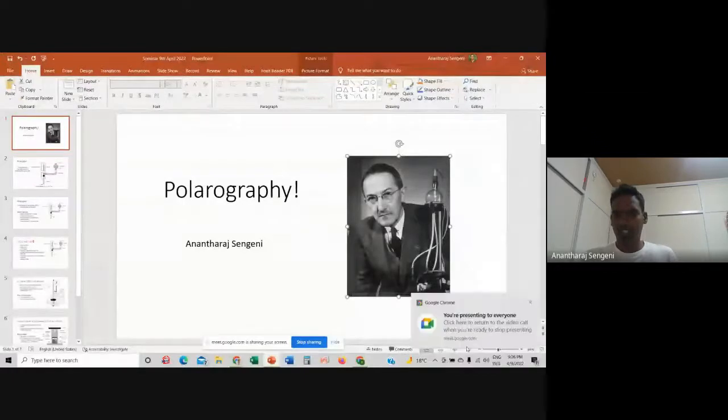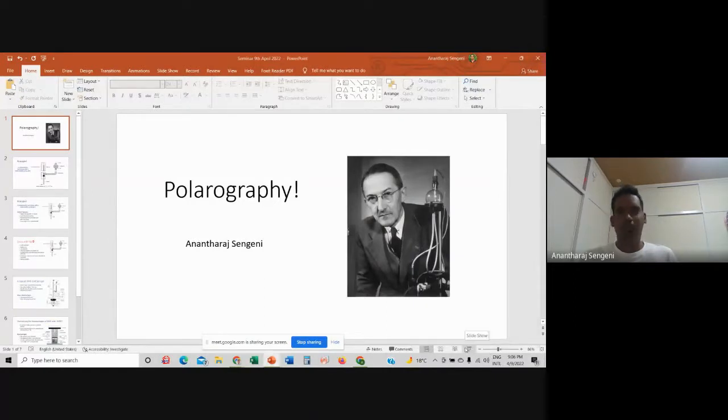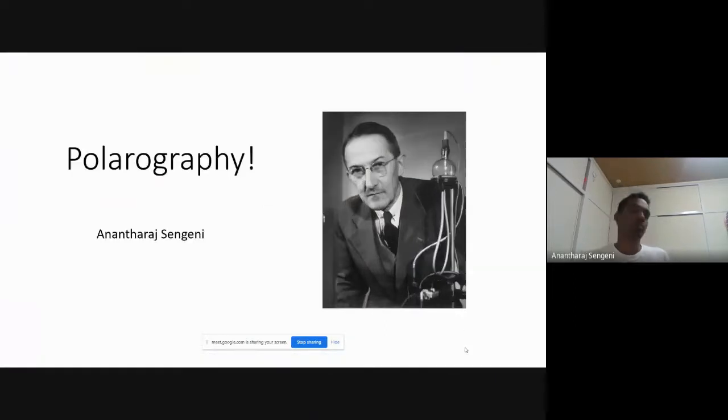And in today's technical session, we'll be seeing the fundamental concepts of polarography. We'll build on the concepts of polarography and how it differs from conventional voltammetry, which we have been seeing for a while now, and how it is advantageous to have a polarogram over a voltammogram, and how this